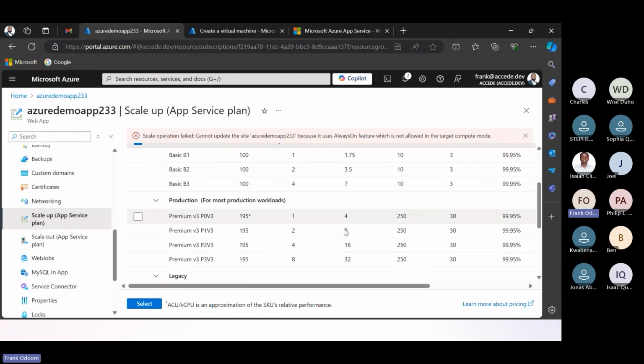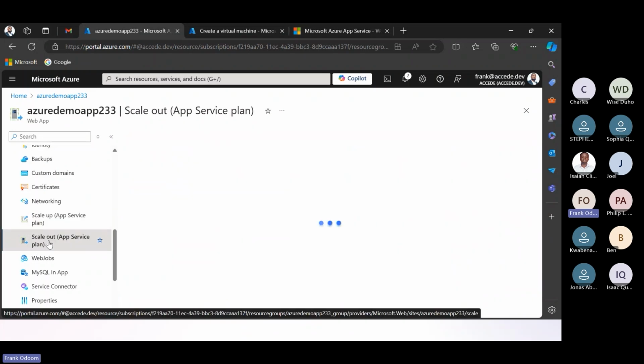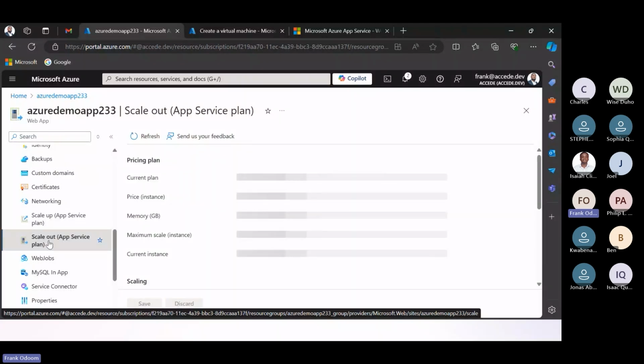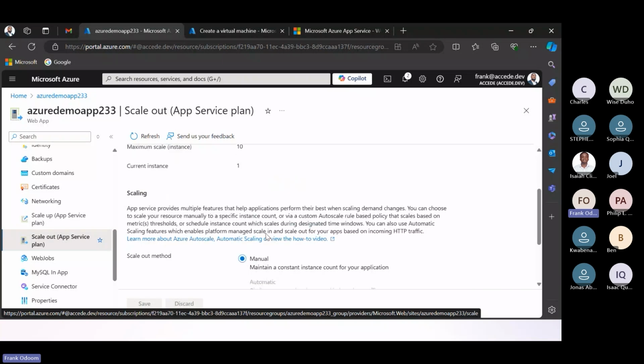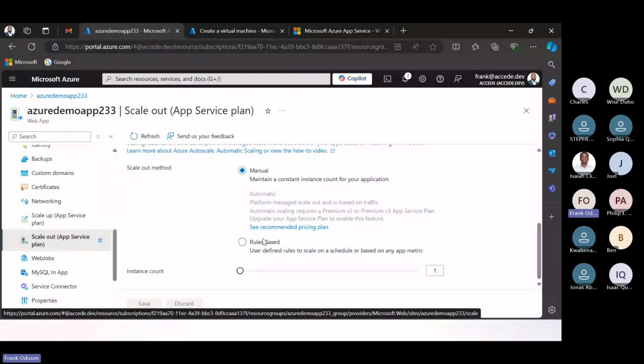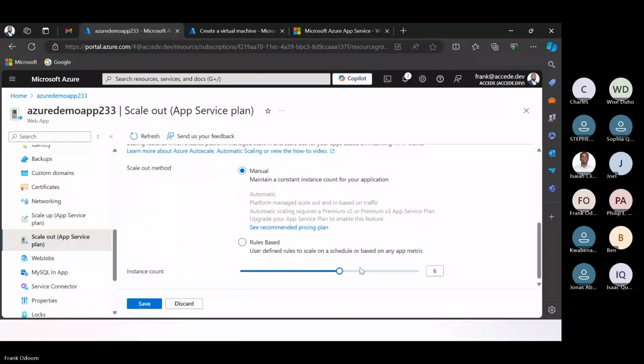So scale up is you want to add more resources to your app service by increasing RAM, storage, or whatever it is. And we have scale out. So scale out is what? Adding more instances. So if you want your app service to have multiple instances running at the same time, it's going to be load balanced behind the scenes for you. Currently I have only one instance running. My maximum scale instance is 10, right? So I can choose to increase the number of instances I have for my app service